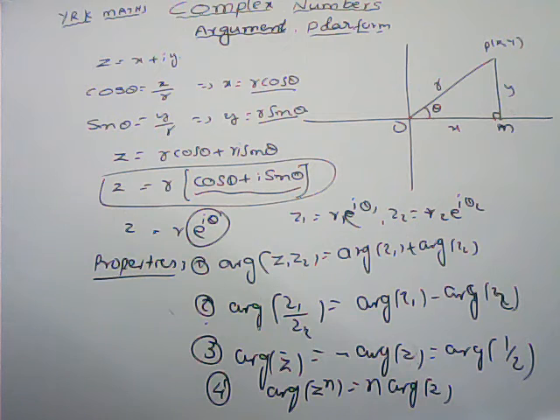Now, Z is equal to 1 plus i root 3. That is one of the complex numbers given. How to write down the argument of the complex number and how to express it in the polar form. Here, quadrant wise, 4 problems we can discuss. After that, we can discuss some different model questions also.